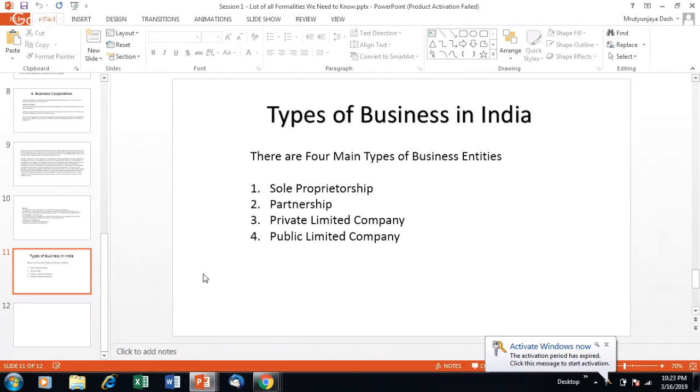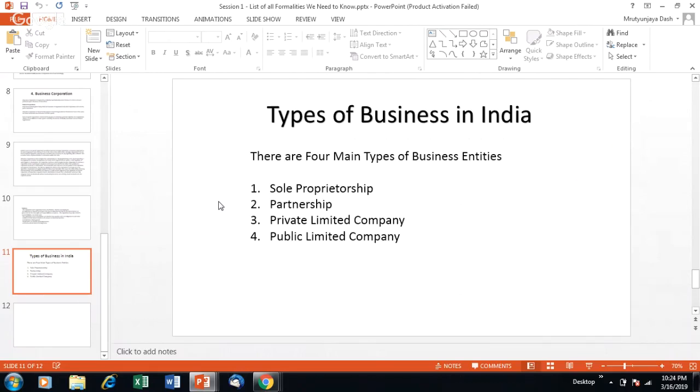Either you can set up an LLC there. LLC you can set up, but you'll definitely have to invest some money. If you say you do not want to do that at this point, probably I'll just start as an individual. You can start as an individual and start the business, and later decide if you want to move to an LLC. That's also possible. What is the investment for a sole proprietorship and what is it for an LLC in the US?